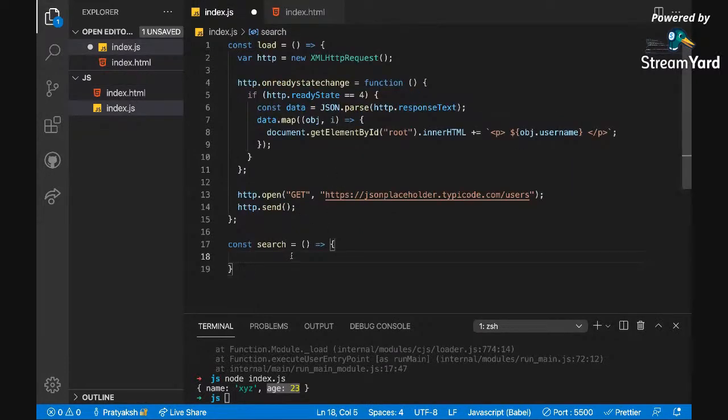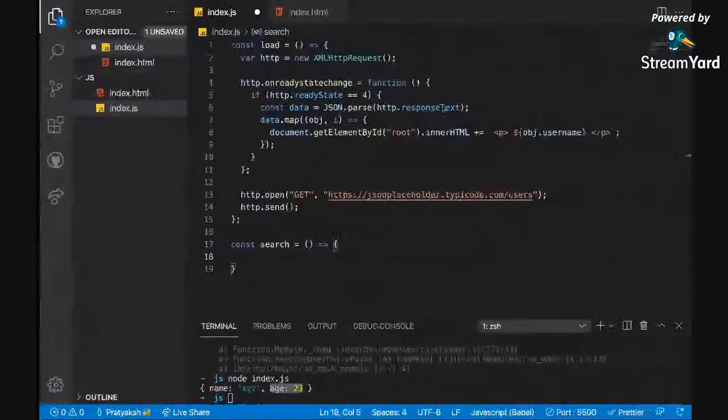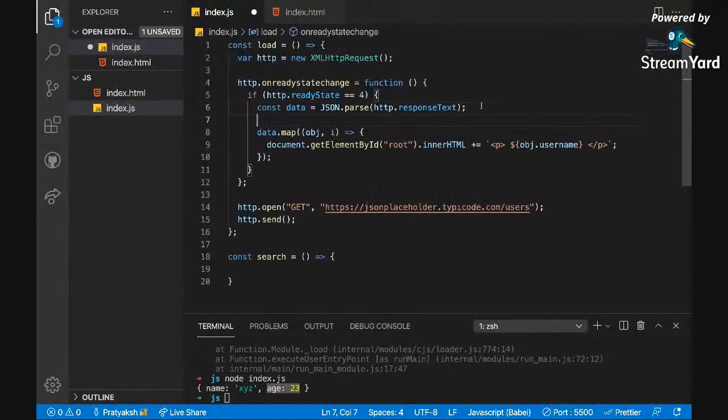Now what we'll do in this search function is get whatever I have written in this search over here. I'll just pass the username or the name.